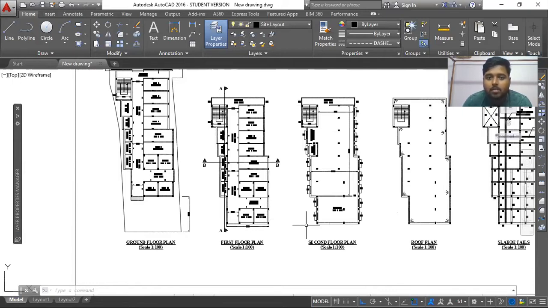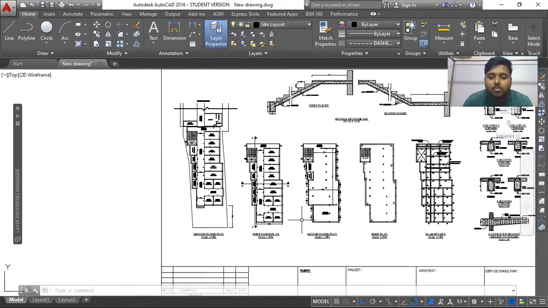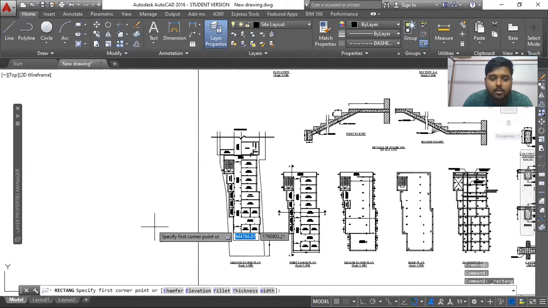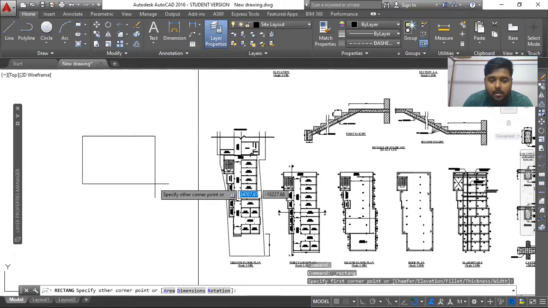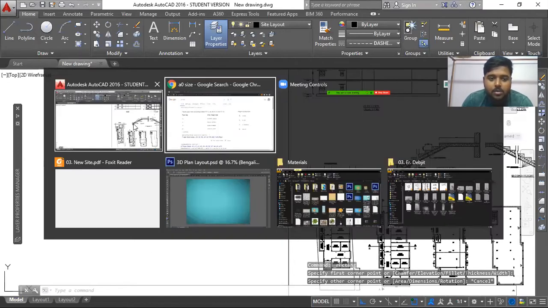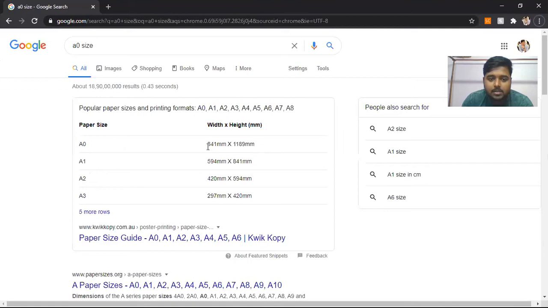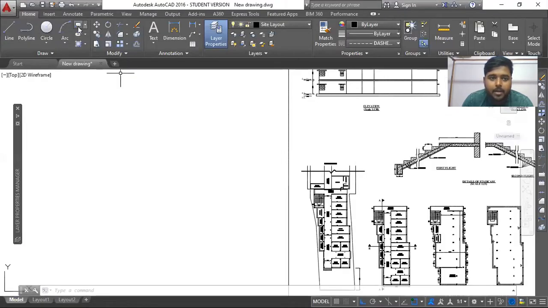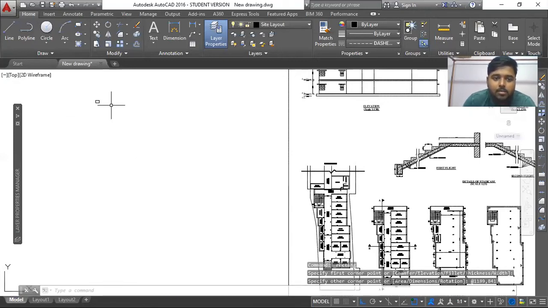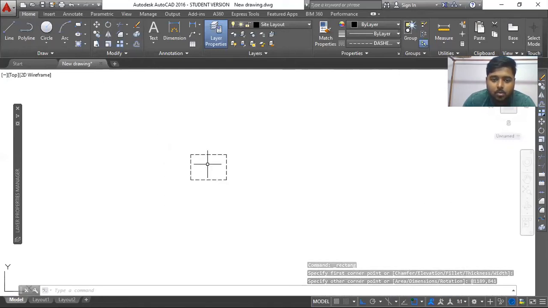So I know that this is in actual dimensions, but obviously the size of a plot is thousands or million times larger than a paper or sheet, an A4 sheet or A0 sheet. So what I need to do, I already told you yesterday, okay. You need to first draw the sheet sizes, okay. So in this case, the A0 sheet size is 841 millimeters by 1189 millimeters, right? So 1189 millimeters by 841. So you can see this is an A0 sheet, how it actually looks.